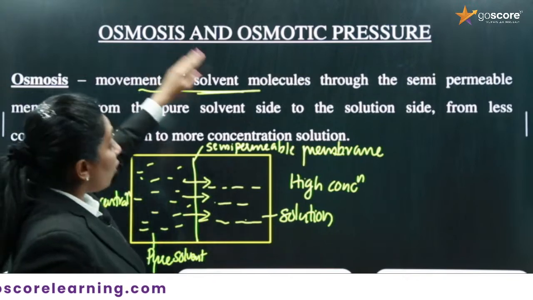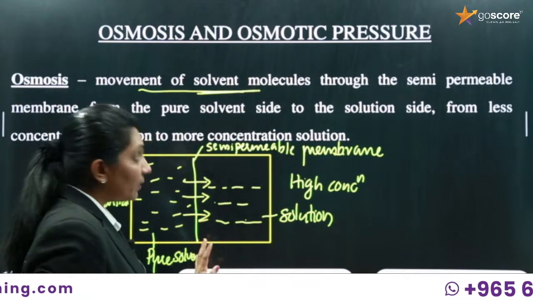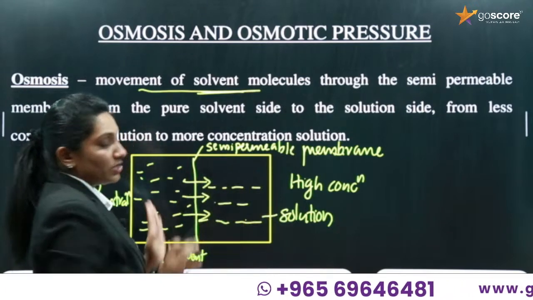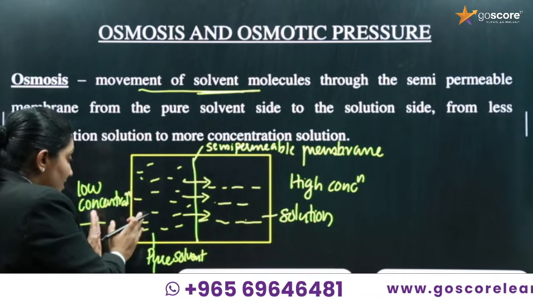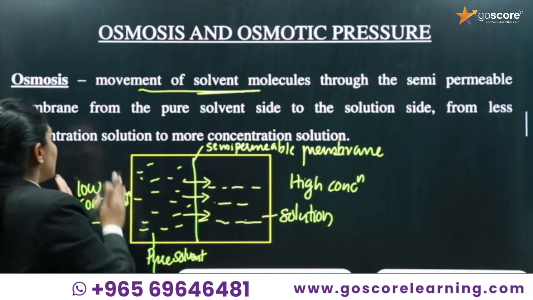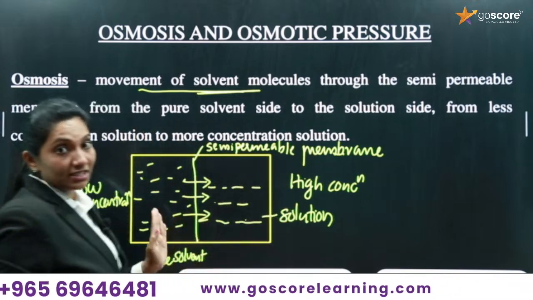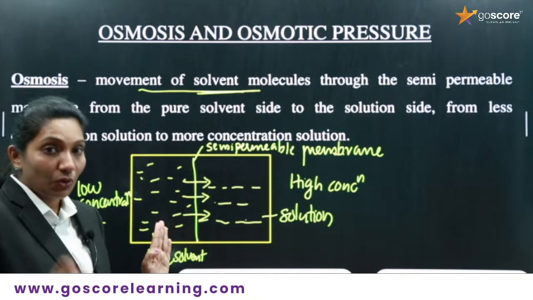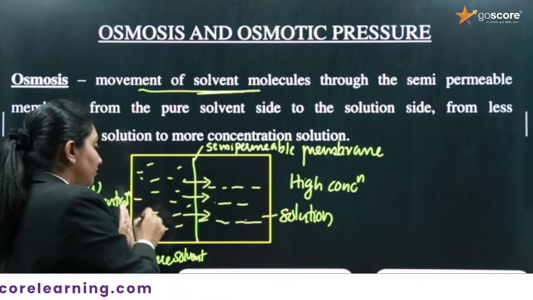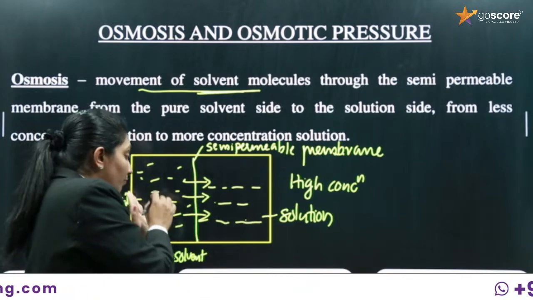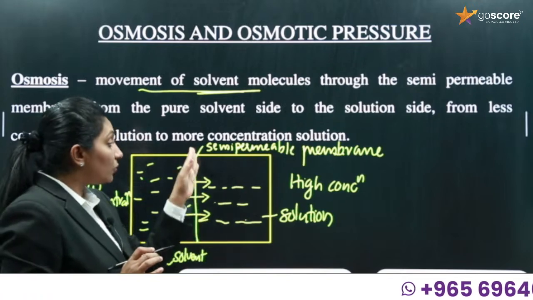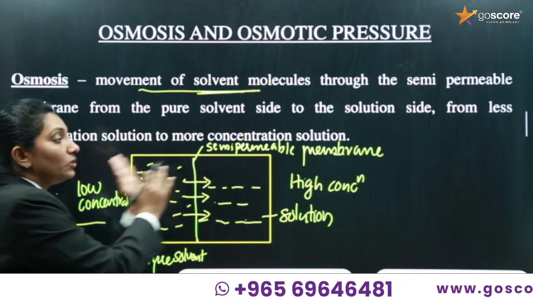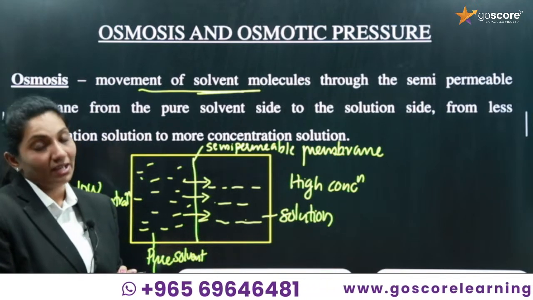The movement of solvent molecules through a semi-permeable membrane from pure solvent side to the solution side. That means from less concentration, low concentration solution to more concentration solution. That is what we call osmosis. Okay, so osmosis is the movement of solvent from pure solvent to solution through a semi-permeable membrane. That is from low concentration solution to high concentration solution. What we call